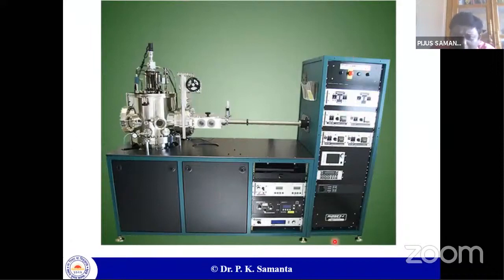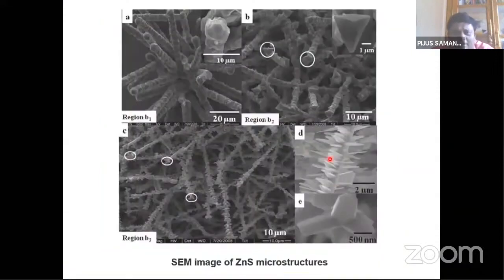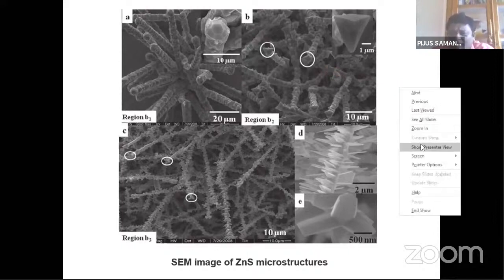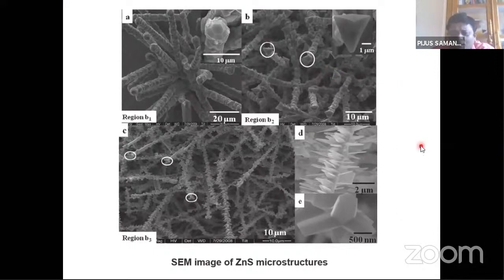So we have all kinds of controls there, controls over current, voltage and pressure, and the sample-target distance can also be changed from this panel. And these are some of the structures that have been grown. This is zinc sulfide structures grown over a silicon substrate. You can see some rod-like structures with some sub-spikes observed in this method. So this thermal evaporation method is another technique of growing high quality film.